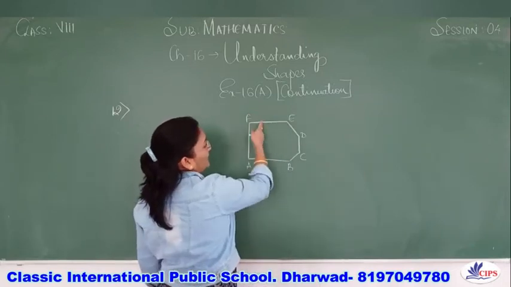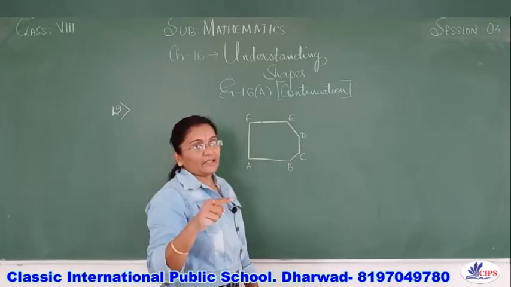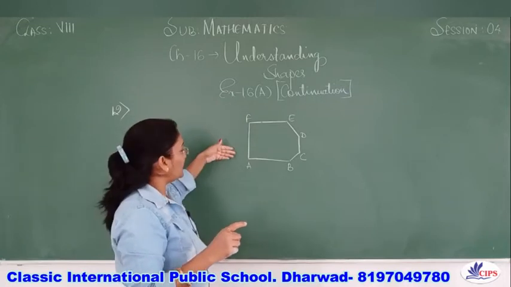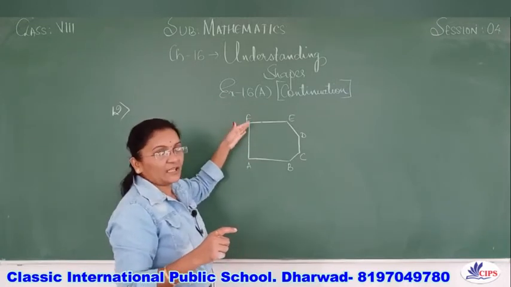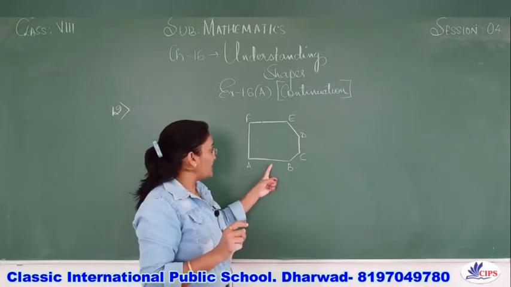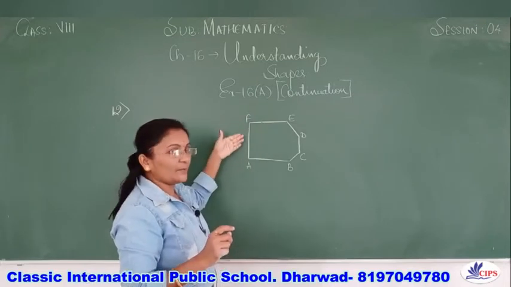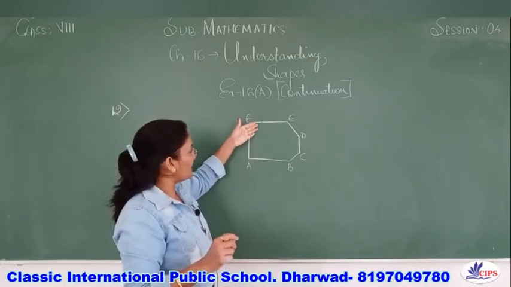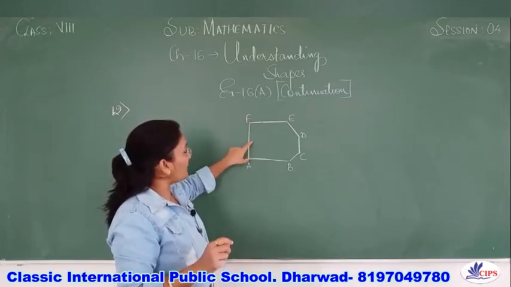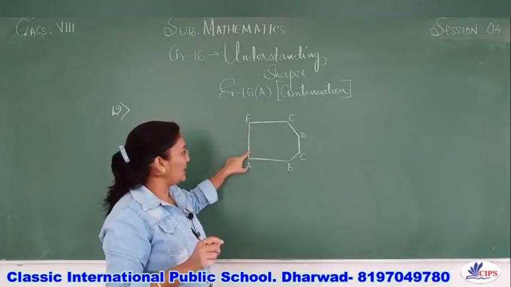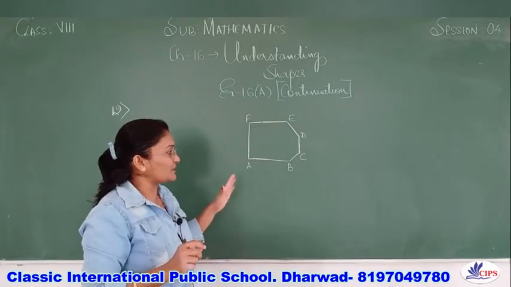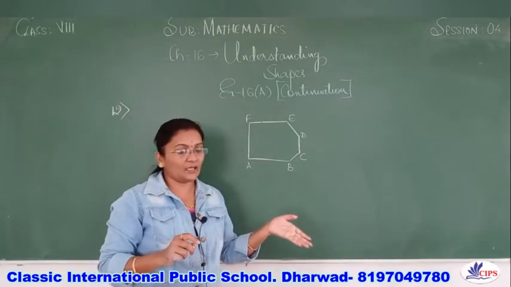Now see here AB is parallel to FE. In the 10th sum we had taken the measure of A and E directly, but here we can take the measure of A and F directly. Angle A and F together will be 180 degree, because as AB is parallel to FE, here AF will be your transversal and it is cutting these parallel lines. So these are the interior angles, and the sum of the interior angles will be 180 degree. The remaining angles' measure they have given in the ratio, so let us assume it as a variable.